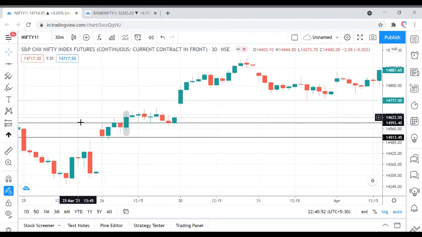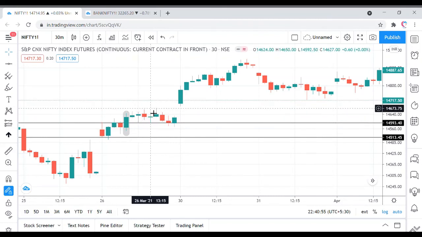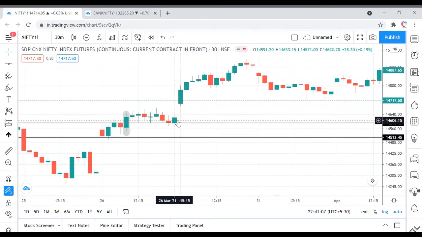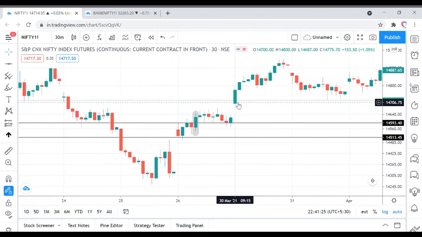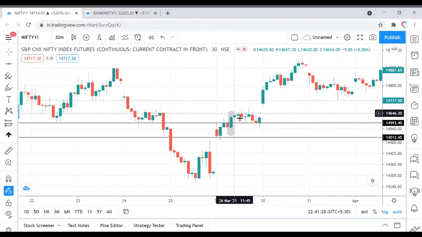14,622, but the high made for the rest of the day was 14,673, which was just a 50 point move, which is 1:1 for our SL. So we would not have taken out that profit. So the market went into a range for the rest of the day, and neither the SL nor the target was hit. So by the end of the day, we'll close the contract. If we have gone long, you'll sell the contract and square off the transaction, because this strategy is a simple intraday strategy, so we do not take a positional view according to this strategy.